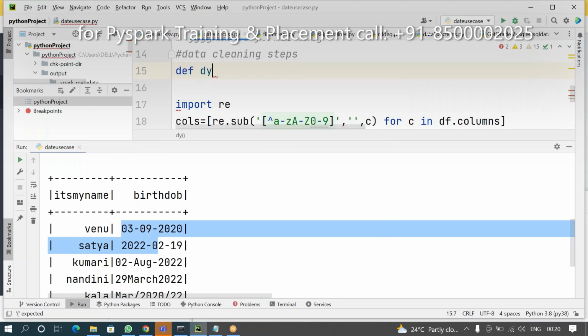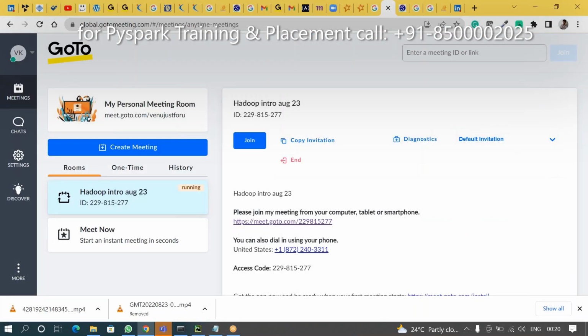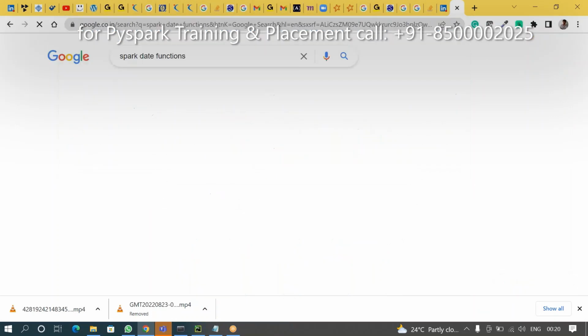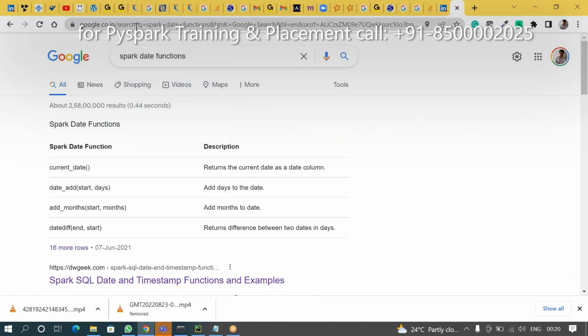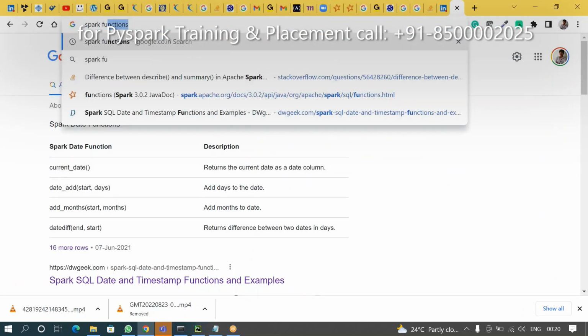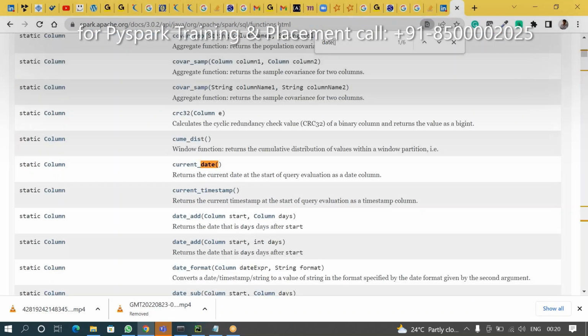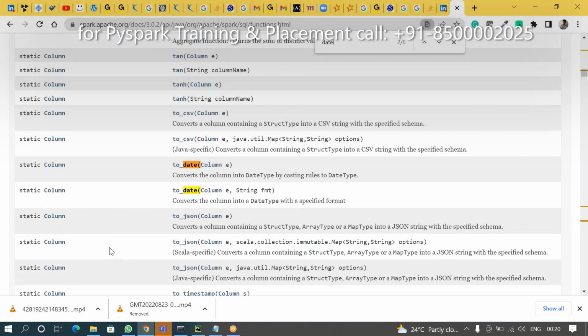Def dynamic_date followed by col. If you want depth information, I am explaining right now. The Spark date function, sorry, to_date.